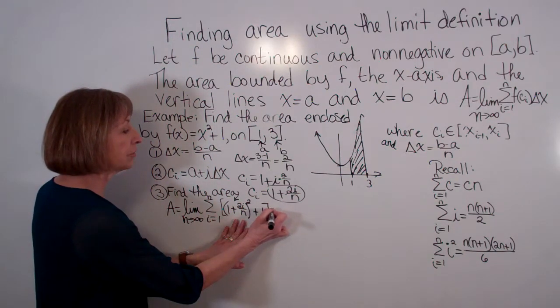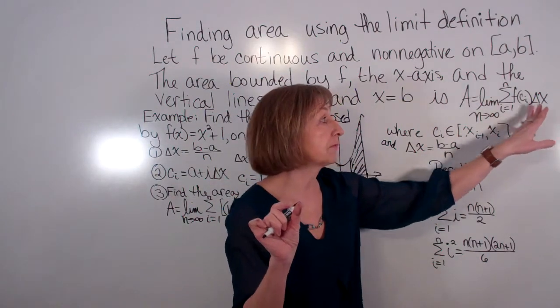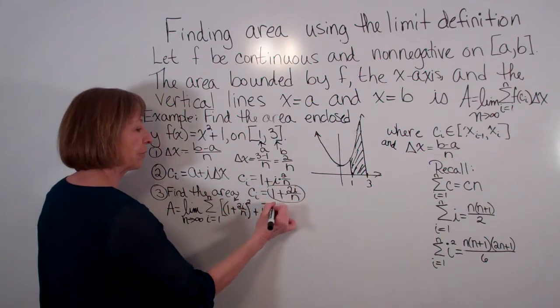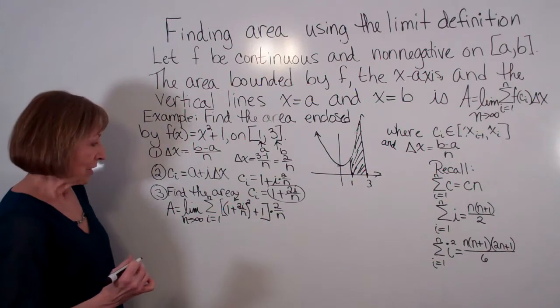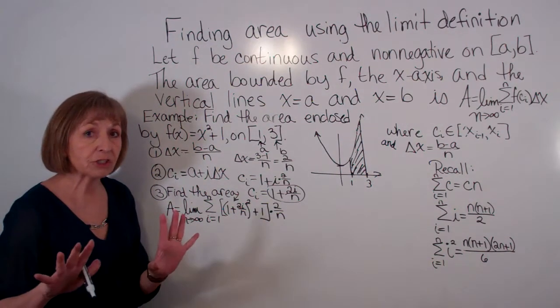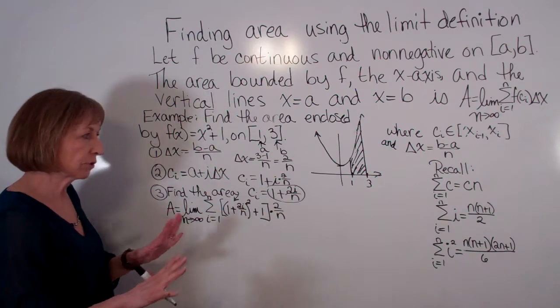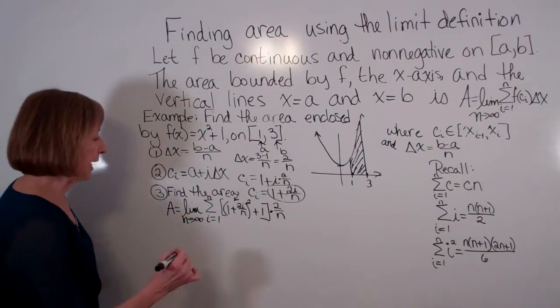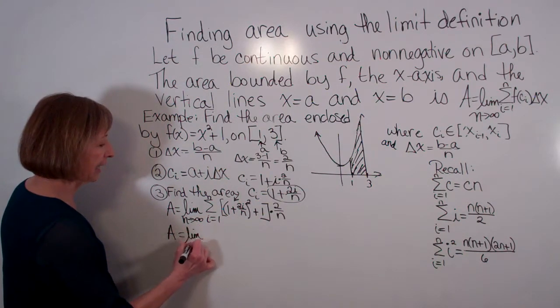But then I also need to multiply it by the width of the rectangle as well. So multiply it by my delta x. And my delta x for this problem is 2 over n. All right, now if you have to stop the video just to look at this for a minute to make sure that you see where everything comes from, certainly you'll want to do that. But now we're going to keep going and simplify our expression as much as we can to be able to